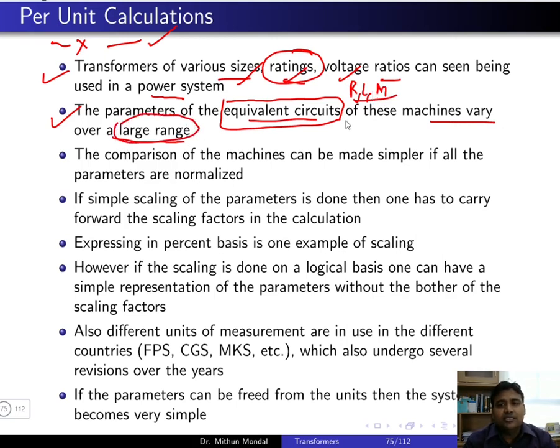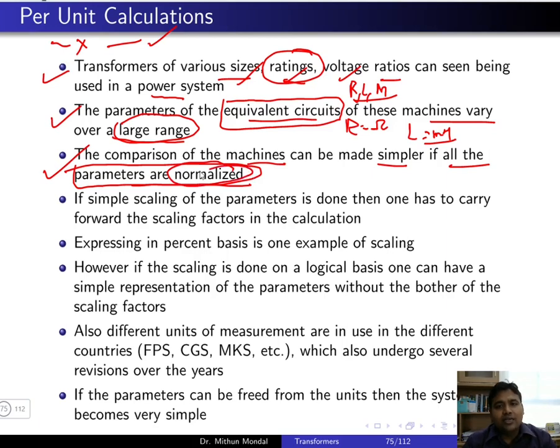So if the resistance is in ohms, you'll get the inductance in millihenry. So you can see there is a large variation of the resistance and the inductance. The comparison of the machines can be made simpler if all the parameters are normalized. So if we normalize the parameters, then what will happen? The parameters will come to a scale and it will be easy to have a comparison among the different parameters